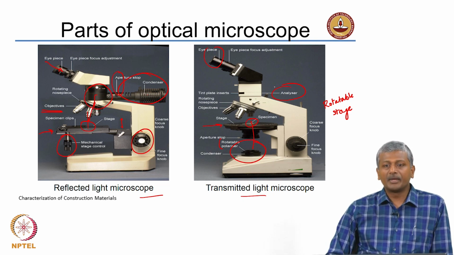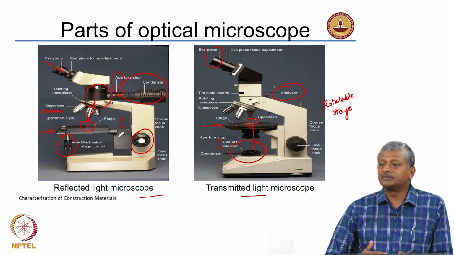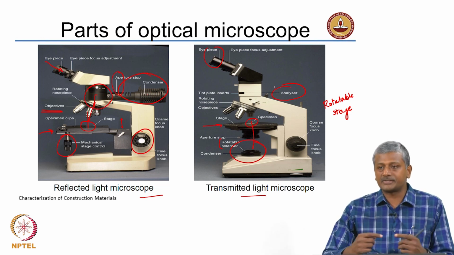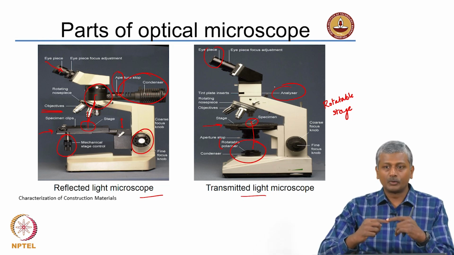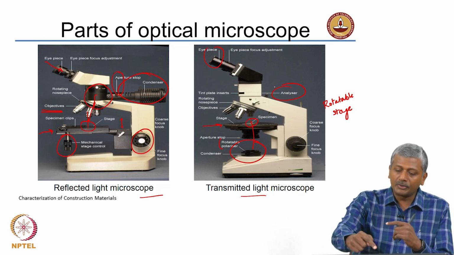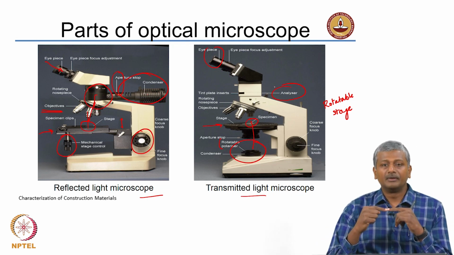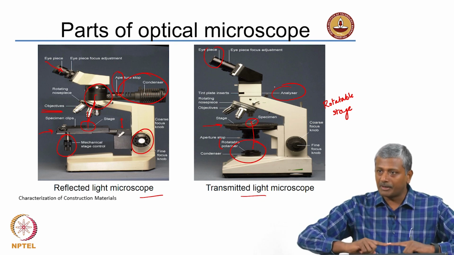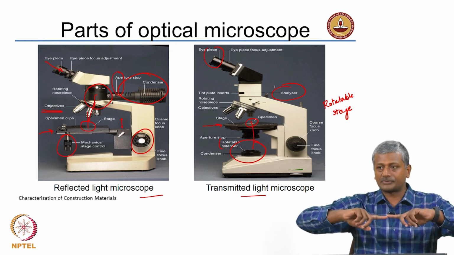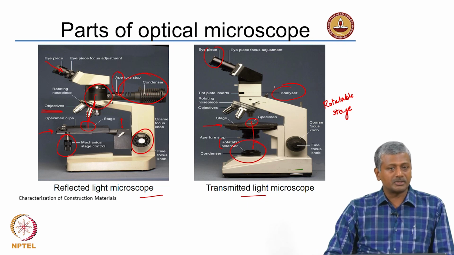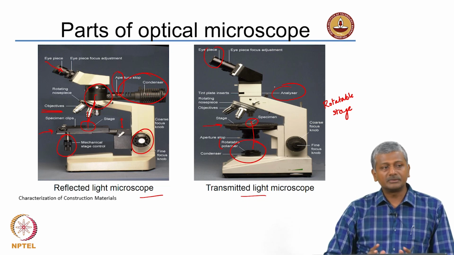A polarizer basically is a series of slits that is basically cutting off the light in all other directions except one. Okay. And then the light passes through the specimen, goes through the objective, and when it is going up to the eyepiece, you have the analyzer in place. The analyzer can be made to be parallel to the polarizer, which will allow the same light ray to pass through, or perpendicular, which will cut off this light ray that passes through. Okay. So, you can use that combination to actually view a series of different phases in your object.